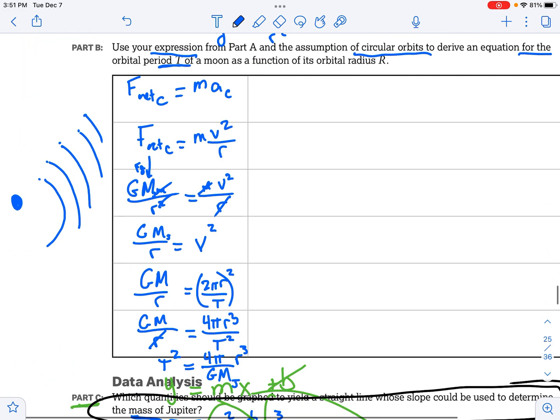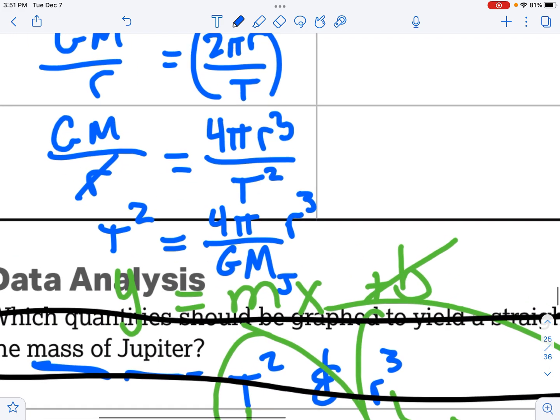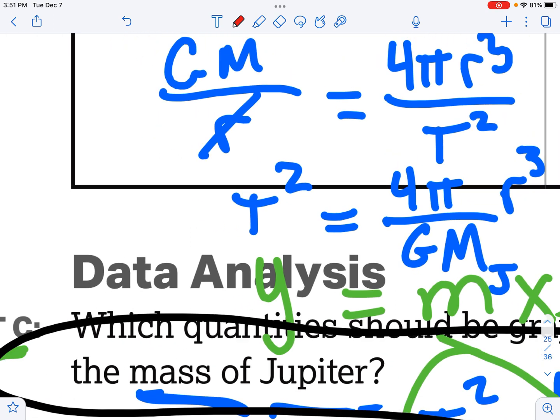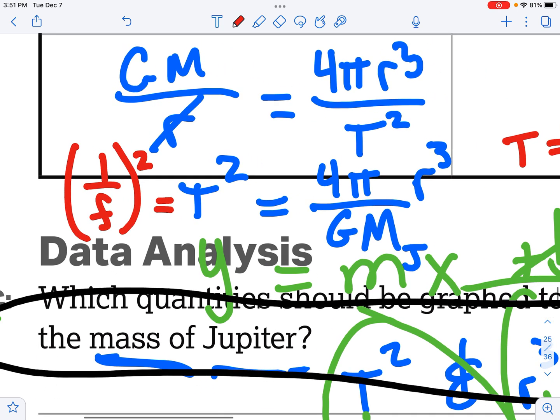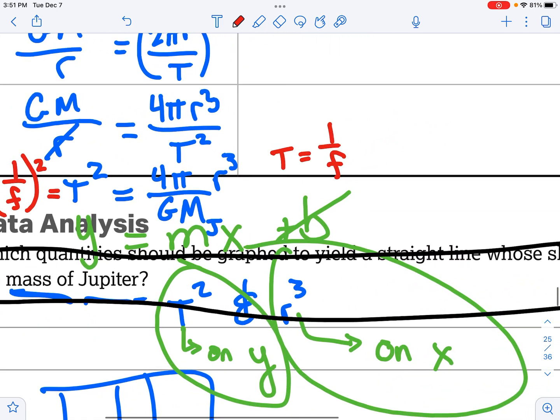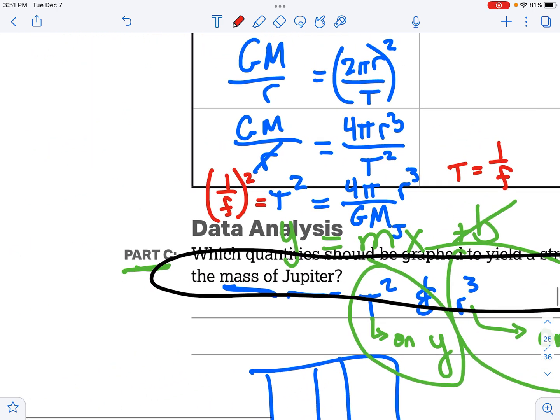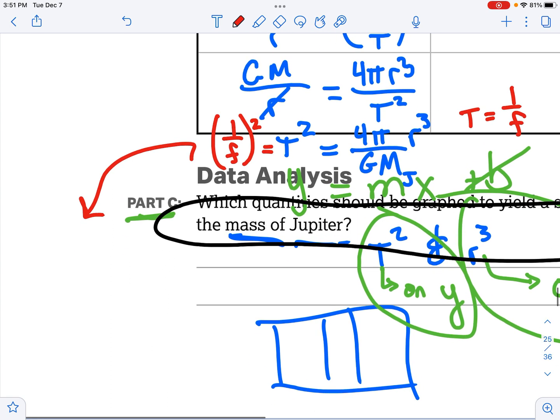And so we would go through all this stuff and we would get to this step, and then we go, oh man, we're supposed to use frequency instead of period. And so we would write in, oh yeah, period is 1 divided by frequency. So we would make a substitution right here, and we'd get 1 divided by frequency squared in place of the period. So let me rewrite my whole equation. Kind of running out of space. I'll go over here. 1 over frequency squared is equal to